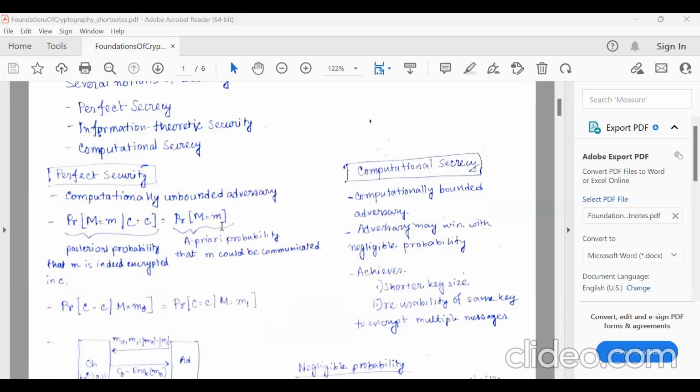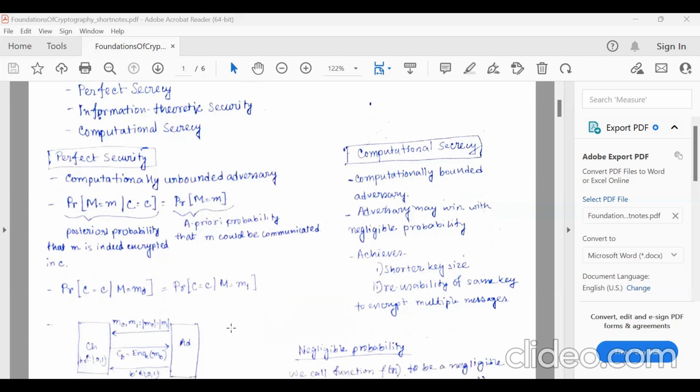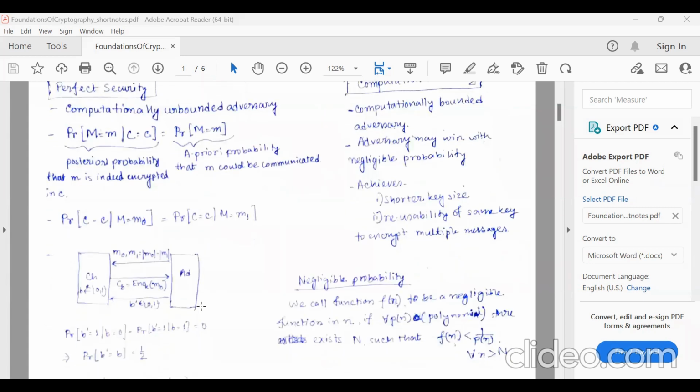So this is the same thing expressed in two different ways. You have already seen how we can prove the second relation from the first relation, and the first relation from the second relation. So we can prove them in an alternative manner. Okay. So now, this exact concept of perfect secrecy, that the adversary does not know anything about the underlying plain text,